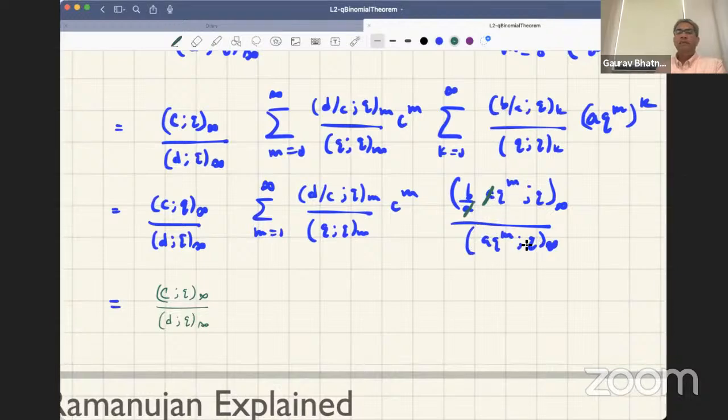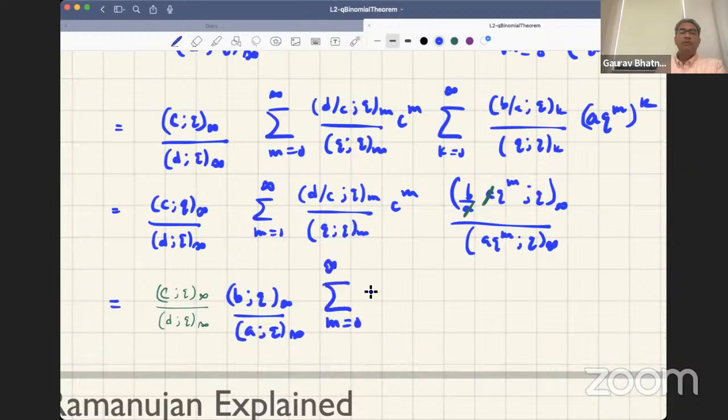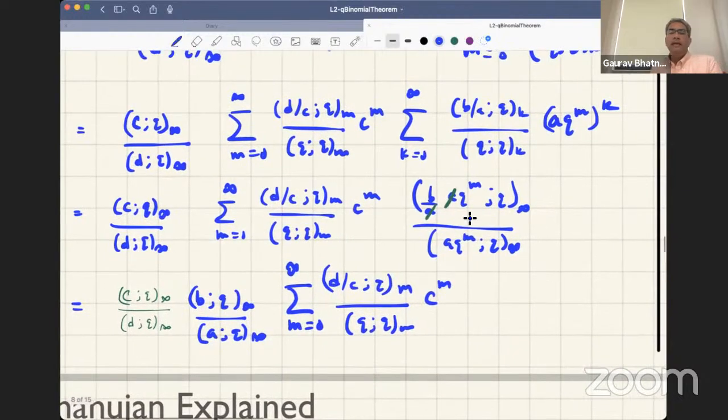So if we divide by (bq; q)∞ and multiply by (bq; q)∞, we'll get (bq; q)∞ on top. This will give you (bq; q)∞ here, and so you multiply and divide by (aq; q)∞. When I write the whole thing, you'll know what's happening. The sum over m equal to 0 to infinity, (d/c; q)_m over (q; q)_m, c raised to m. And so you'll get at the bottom (bq; q)_m, and at the top,